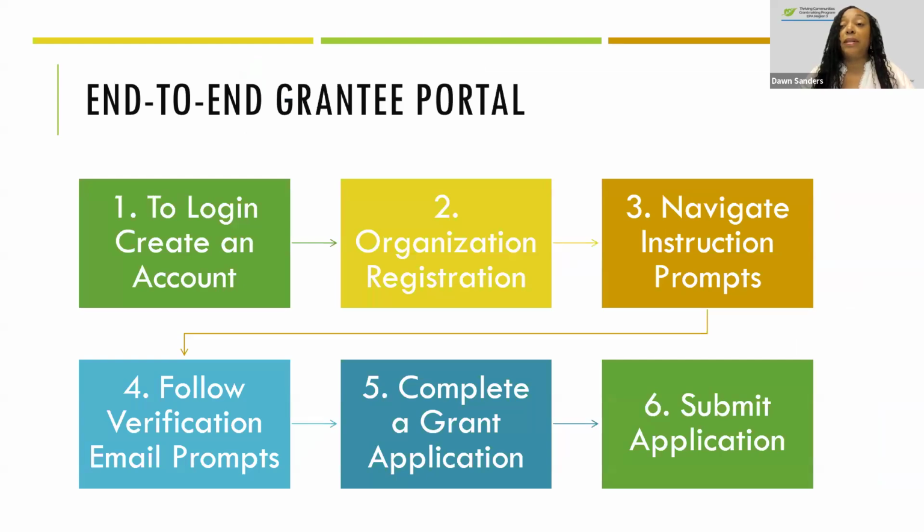There are 6 important steps that you're going to complete to be able to submit your application for grant consideration. You first need to complete a login for your account to be able to submit your organization registration. So we want you to begin with whoever's going to be managing your application. That would be either the CEO of your company, the CFO of your company, or an administrative assistant who